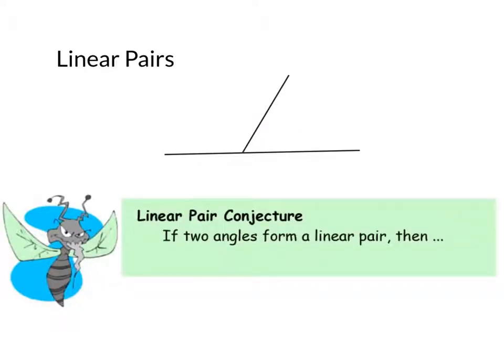So the first type of angle pairs we're going to talk about are called linear pairs. Again, we know what these are. They're two angles that form a line. So really the only proof for this is if I were to take a protractor and lay that protractor right on top of my angle pair. So let's see if I can sketch it in. Here would be our protractor that we would lay out. That's a really nice protractor there. Okay, so we'd lay our protractor out